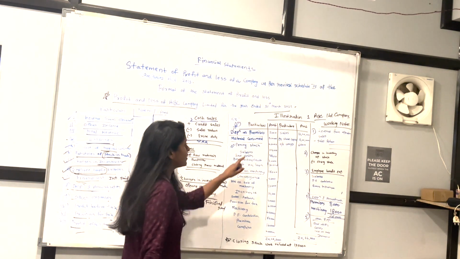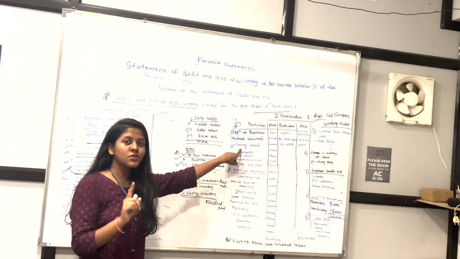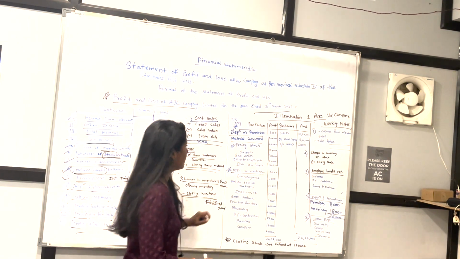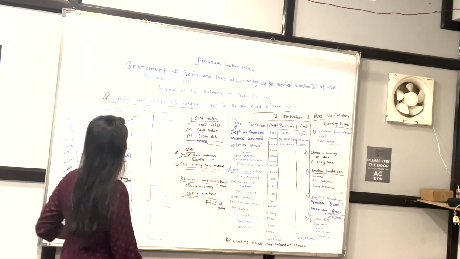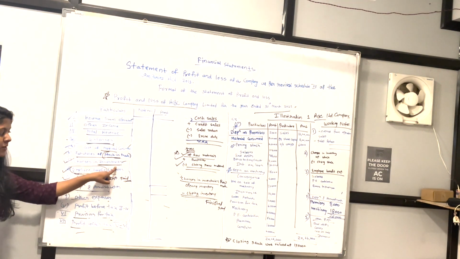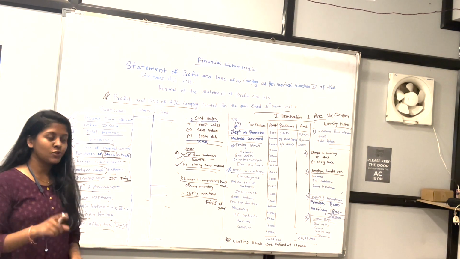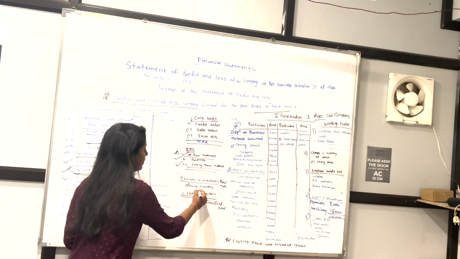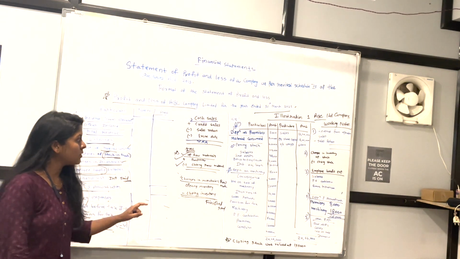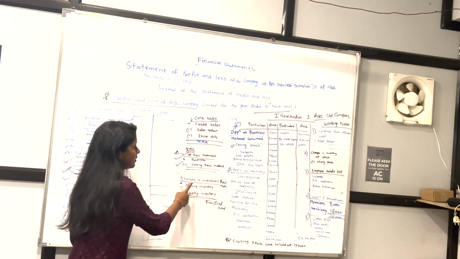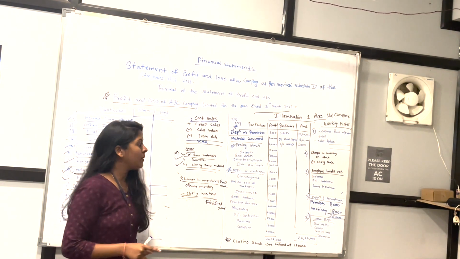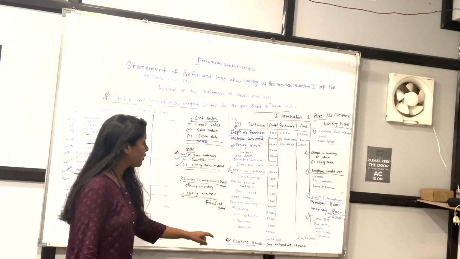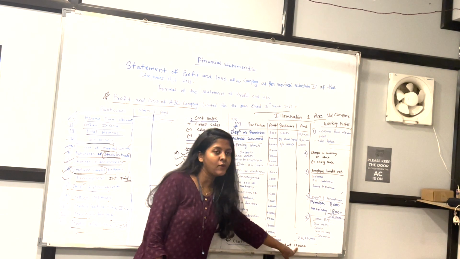Next is opening stock. Since opening stock is given, closing stock will also be given with this. Opening stock is 40,000. Where will this opening stock go? It will go in changes in inventory. As I told you, inventory is also called stock, and the formula for changes in inventory is opening inventory minus closing inventory. Since opening stock is given, closing inventory will also be given. Here they have given some additional information that closing stock was valued at 1,20,000.